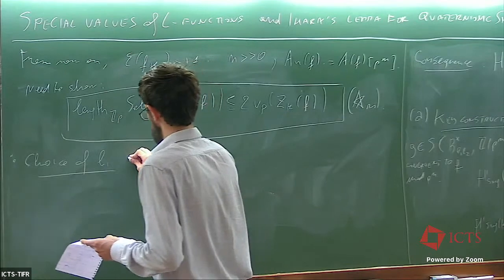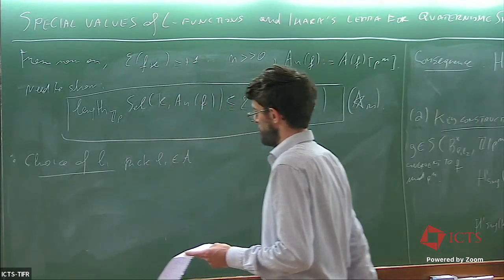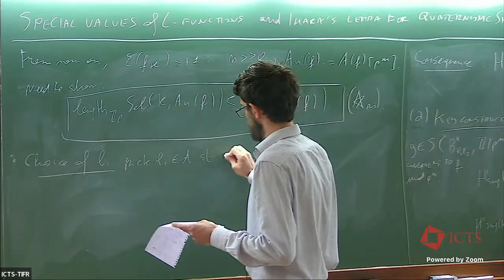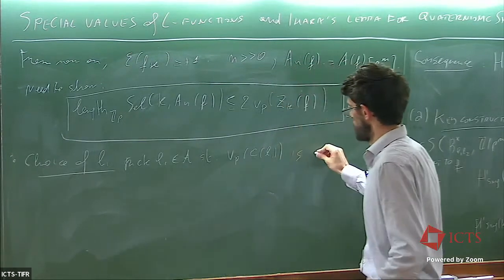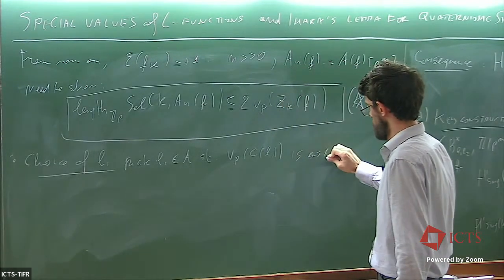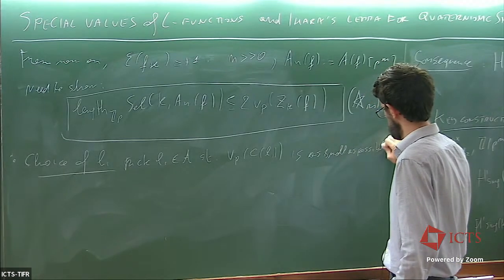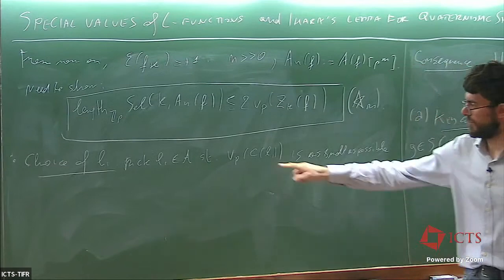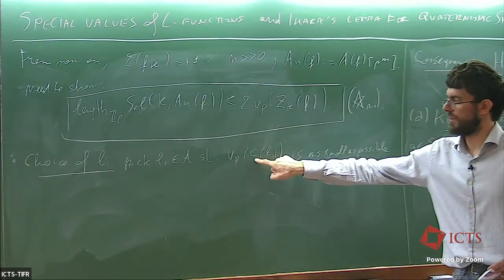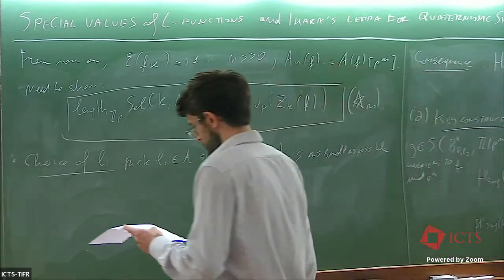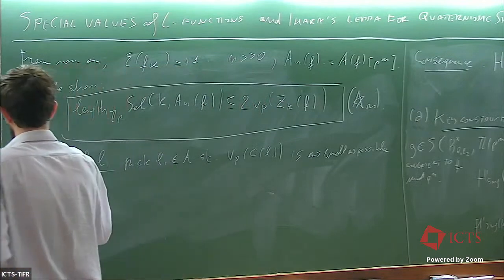So what you do is you pick L1 admissible such that the evaluation C of L1 is as small as possible. And by this I mean the maximal exponent of a power of p dividing this element inside the cohomology group it lives in. Okay, so this you can do, and now the key point